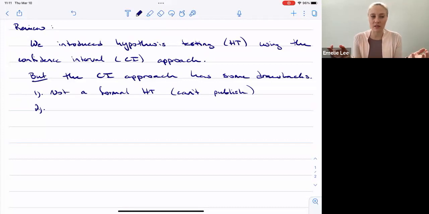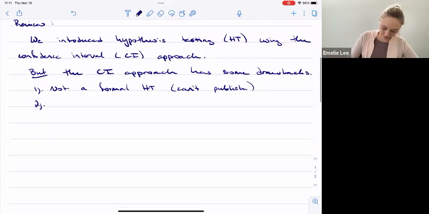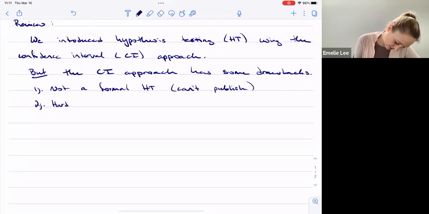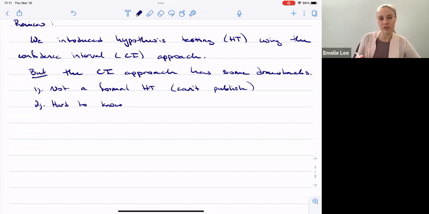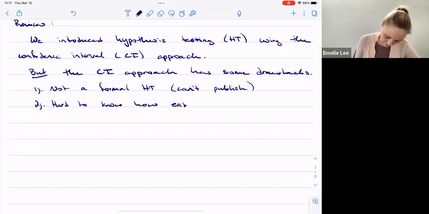Because it's not necessarily linear, right? And so it's hard to know how extreme our observation is,